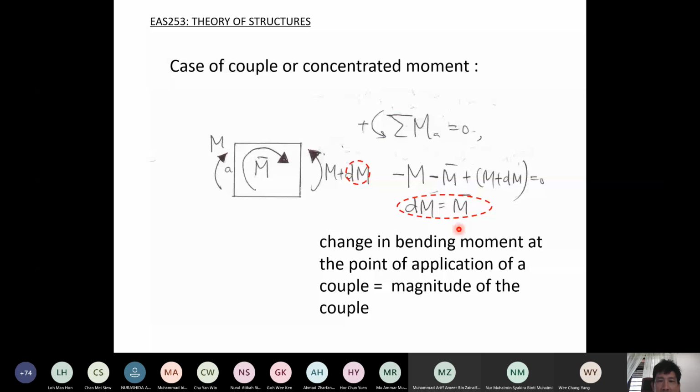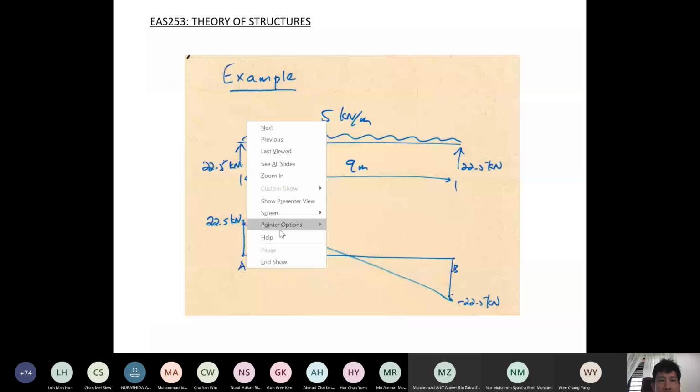So there is a change in bending moment at the point of application of a couple, and there is a change in shear force at the point of application of a concentrated load. We need to consider these changes before we can proceed using the equations that we have shown you just now. Now, let me pause here for a while and then